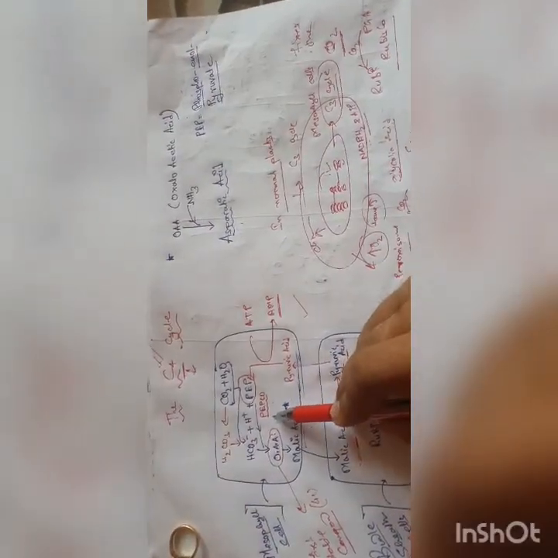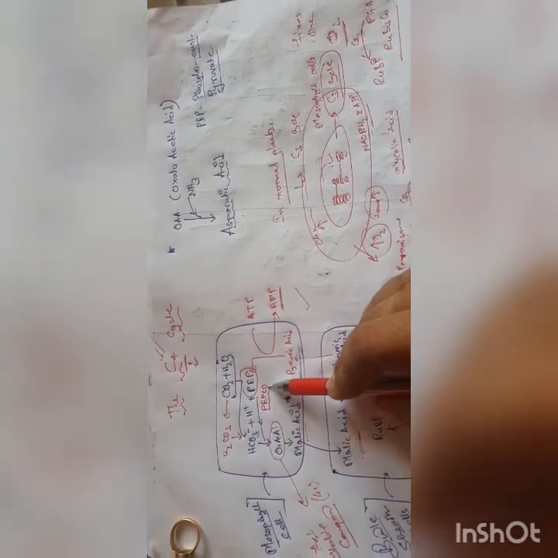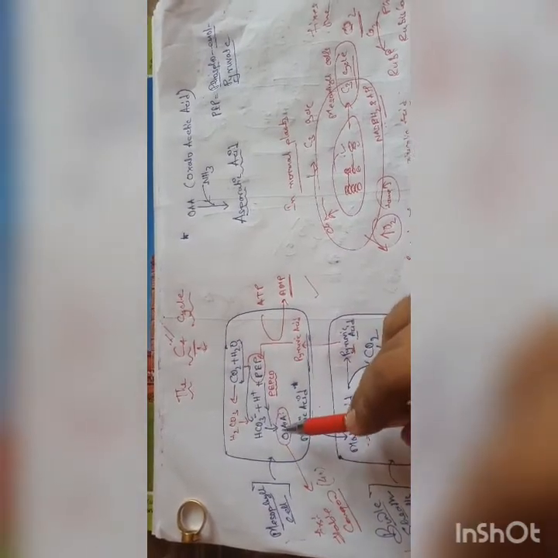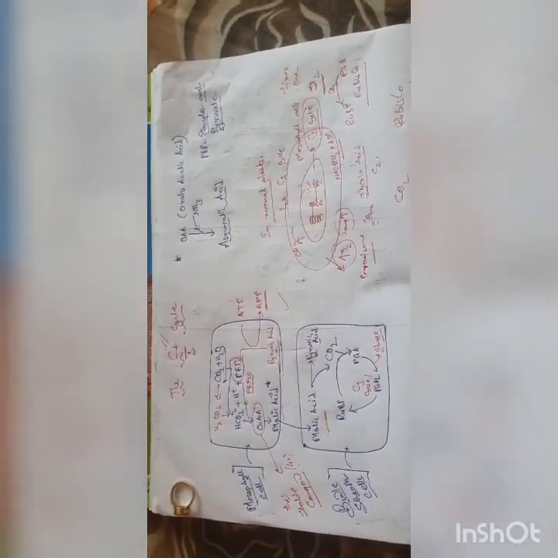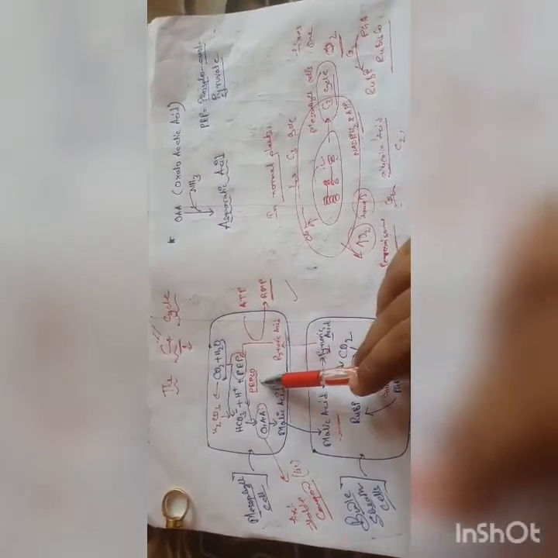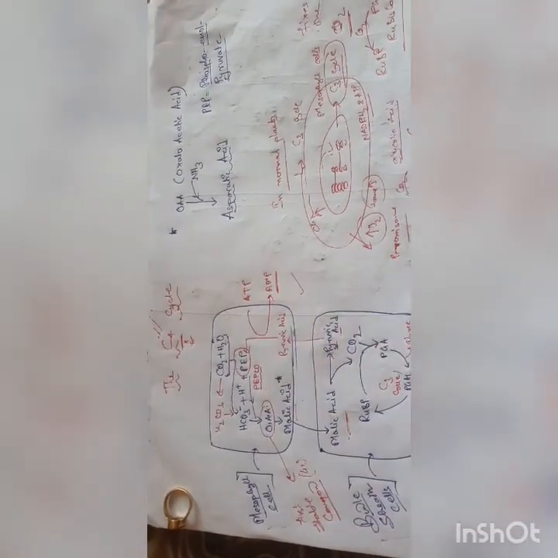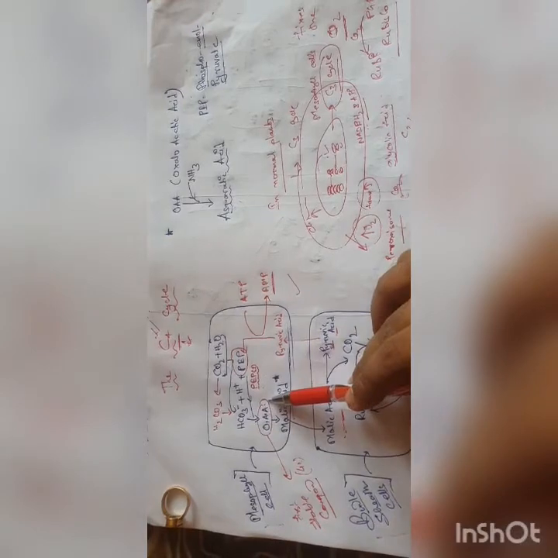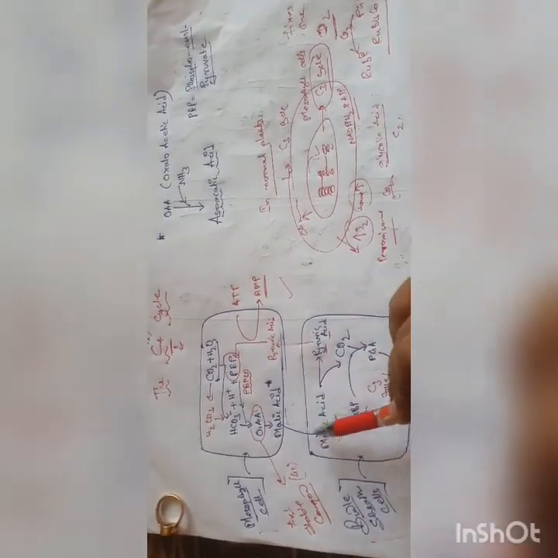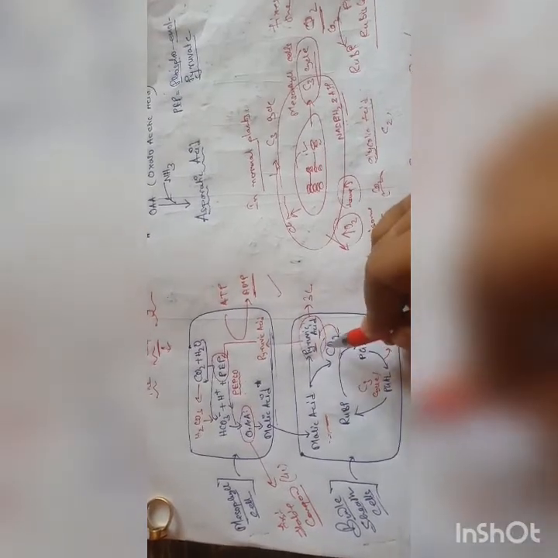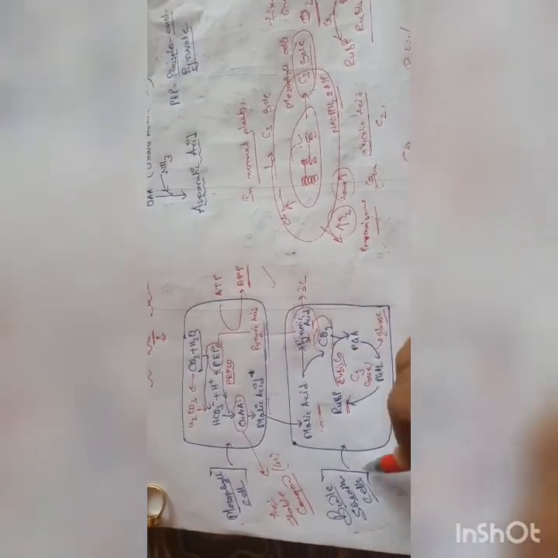But here, it is PEPCO, phosphoenol pyruvate carboxylase, which adds PEP with a CO2 to make oxaloacetic acid. So the difference in C3 and C4 plants, one difference you can see, is that PEPCO, or phosphoenol pyruvate carboxylase, is the enzyme which fixes the CO2 and makes oxaloacetic acid, which is the first stable compound. Now this malic acid comes, and from this malic acid pyruvic acid forms, which is a 3-carbon compound again, and hence a CO2 comes out. This CO2 is now taken up by RuBP, where the Rubisco enzyme is present in the bundle sheath cell.